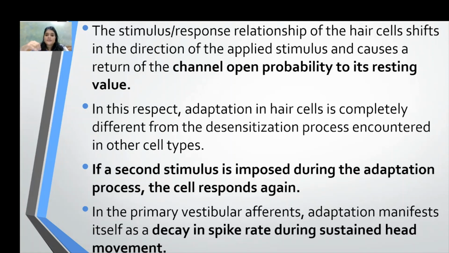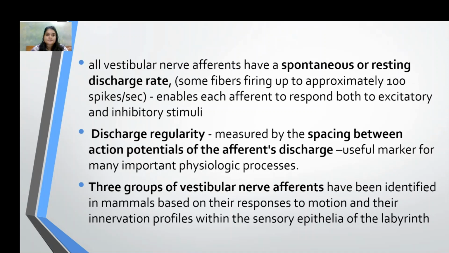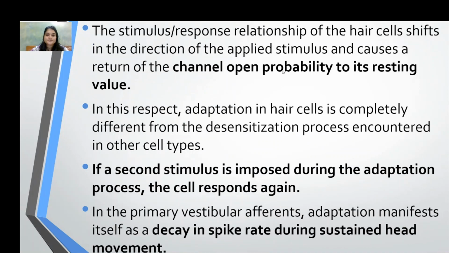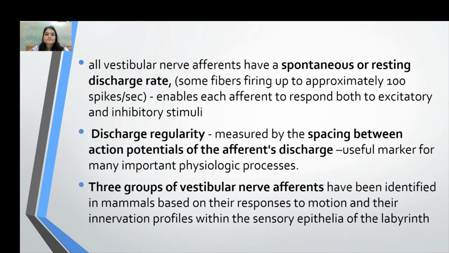In the primary vestibular afferents, adaptation manifests itself as decay in spike rate during sustained head movement. This happens when there is sustained head movement. We are moving continuously. When there is an acceleration or deceleration, that is detected. All vestibular nerve afferents have a spontaneous resting discharge rate. As I told you, 20% of transduction channels are always open. There is a discharge regularity that can be measured by the spacing between action potentials of the afferent discharge. So when there is any problem with the discharge regularity, we can identify that there is a problem with the